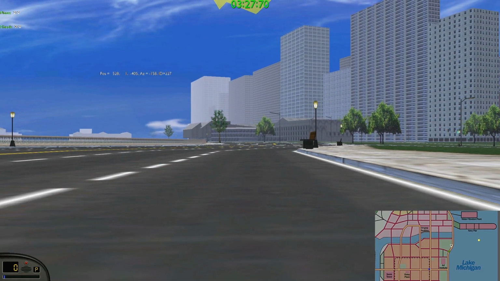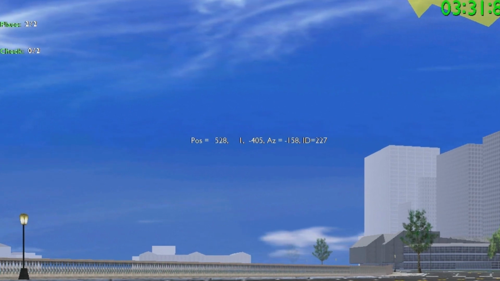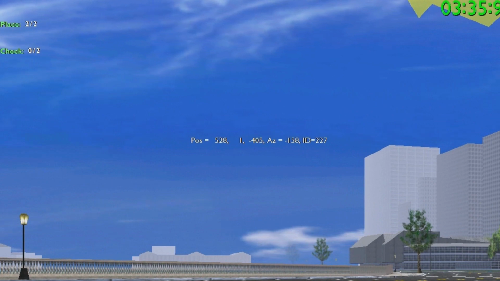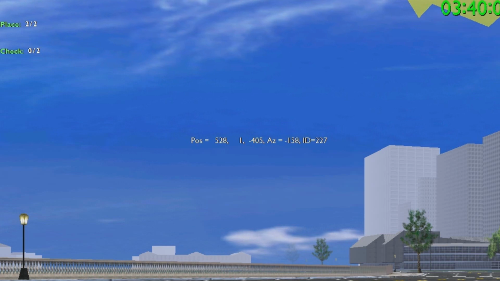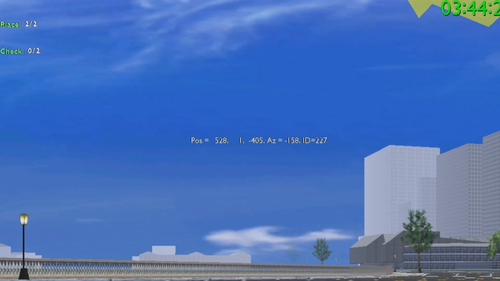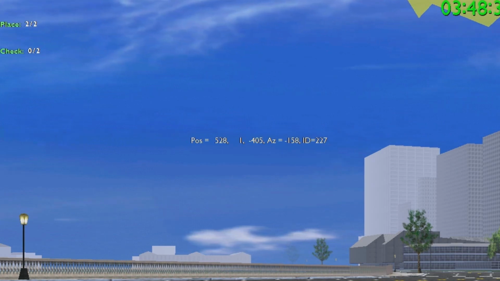This is our value that represents the exact location. I have to write down on a paper the first value, so 528, then the third value, 405, and then the fourth value, which is minus